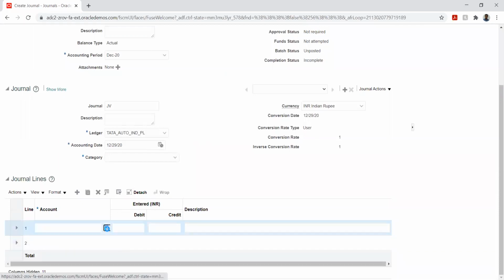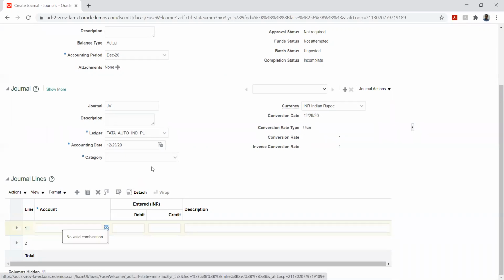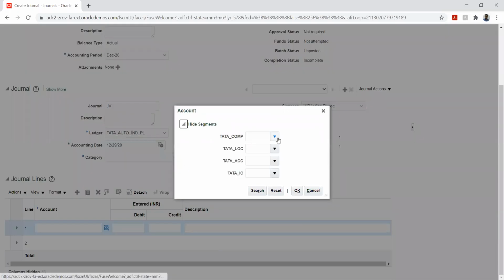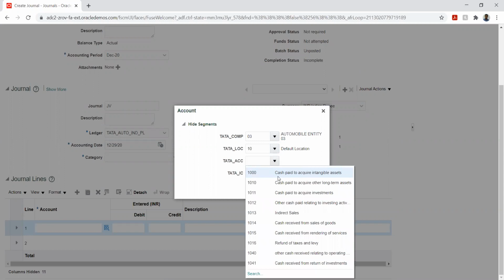This is the same thing, similar to our basic manual JV. This is what we will do here in the secondary ledger. This is simple. I'll just create one transaction, I mean a JV. The JVs created in the primary ledger will automatically go into the secondary ledger, right? Yes, correct.